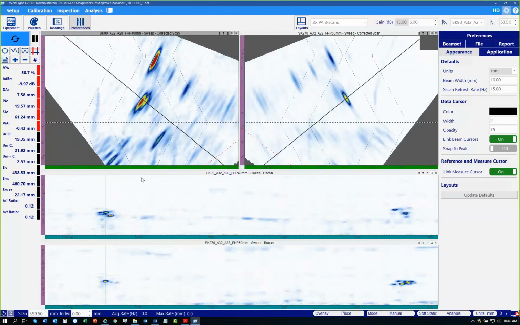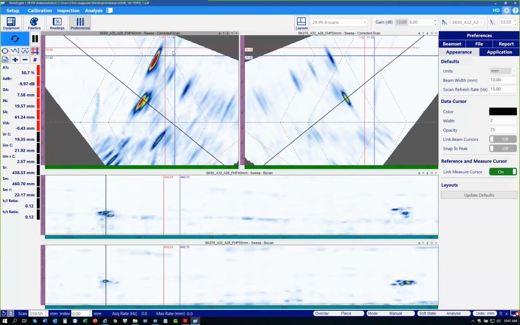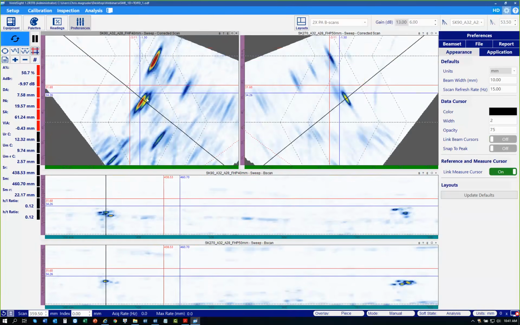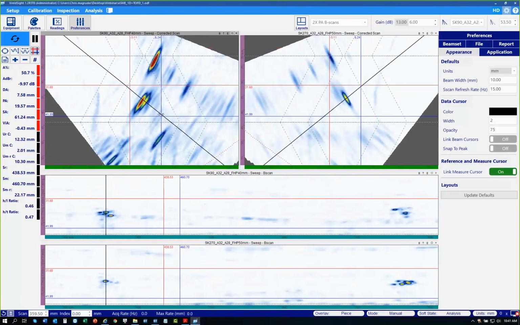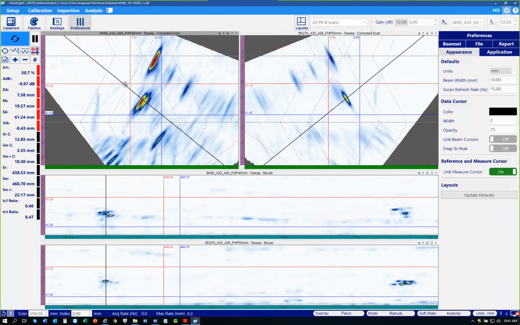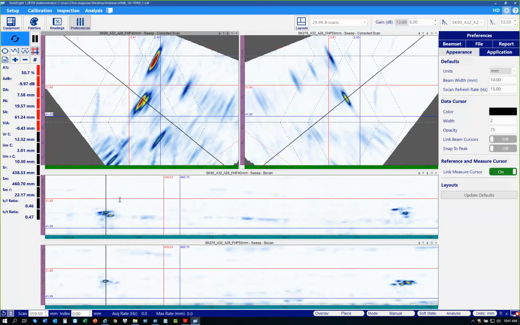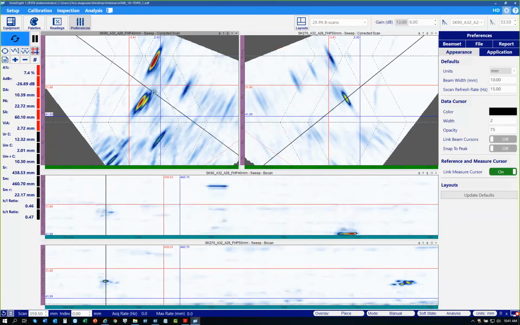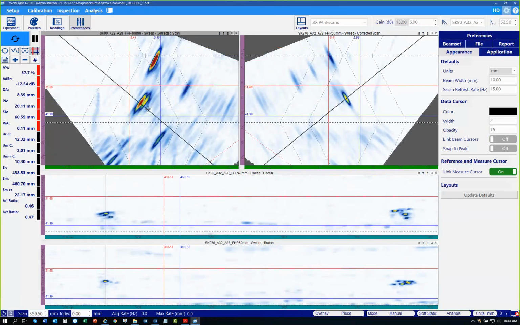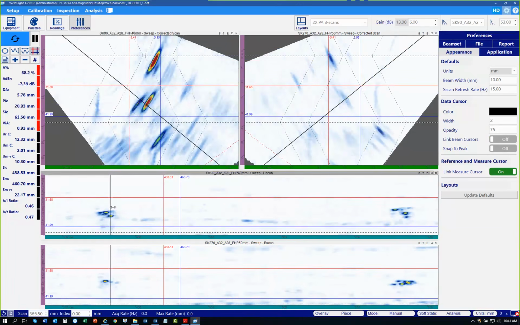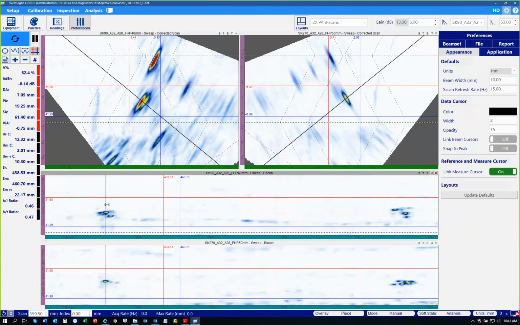So the feature now we're going to use is the snap to peak. Okay, I'm going to turn off link cursors. I'm going to turn on my sizing cursors, and I'm going to create a box around the middle of the weld right here. Okay, to find the maximum amplitude pixel within this porosity detection, I can either hunt for it by rolling this using color or by scanning back and forth here, but a faster way is to use the